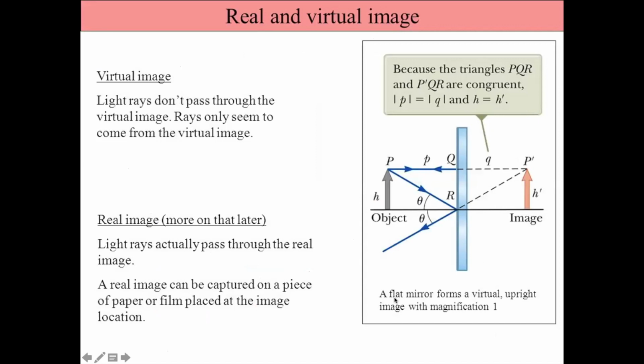This is a plane mirror. This is an object. One of the rays is going straight. Whenever any ray is normal to the surface, 90 degrees, it will come back. So that is a rule. A ray going straight is going to come back. And another ray is meeting at the pole. What is happening? It will reflect back at the same angle. Now, this is a reflected ray and this is a reflected ray.